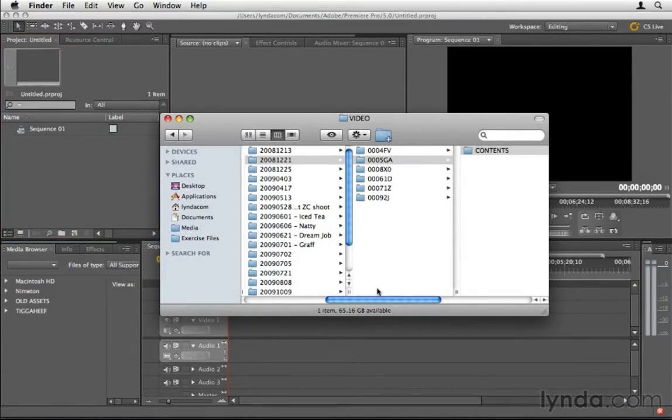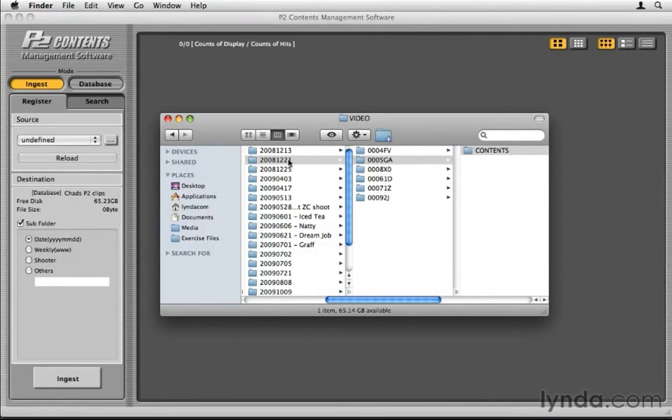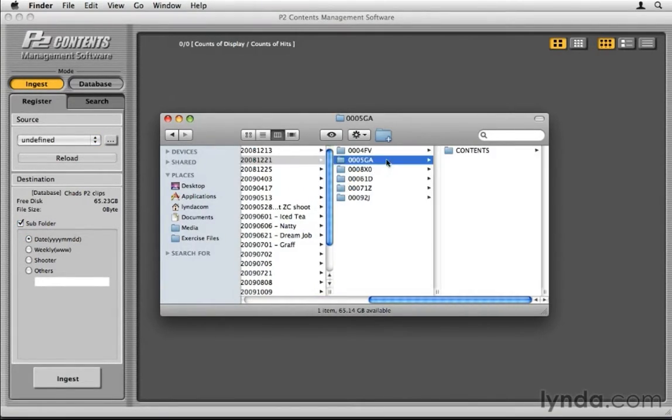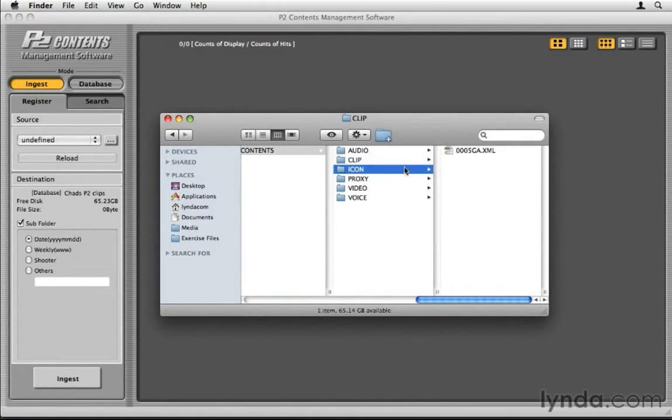Typically, I have a camera that uses a P2 card. It's a Panasonic HPX 170, and it captures to P2 card, and when I ingest that footage using this application here, the P2 Contents Management Software, it's something from Panasonic. So let's say this is the date that I recorded, and maybe this is the shot that I recorded. It creates this contents folder and tons of other crazy folders with a bunch of junk that I don't really ever look at. And the video file is actually in the video folder, and Premiere can use this MXF file